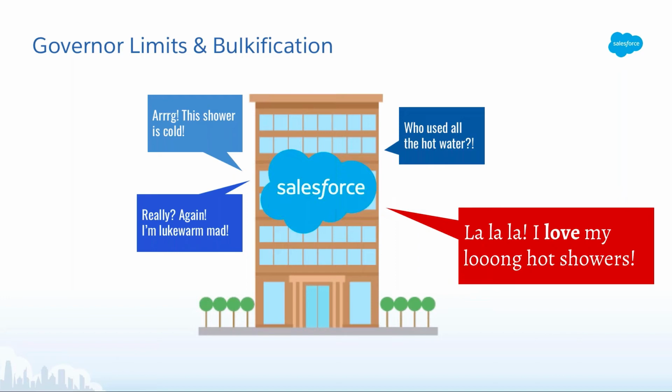Well, that's a good analogy for your Salesforce org and how it resides in the Salesforce pod containing many, many other Salesforce orgs. Each time you use SOQL or DML, you use up those resources, and a little bit of that hot water runs out. But Salesforce is smart. They're not going to let one Salesforce org use up all the hot water. They're going to limit what you can use in any given transaction. These are your governor limits. They limit how many SOQL and DML statements you can use at one time.